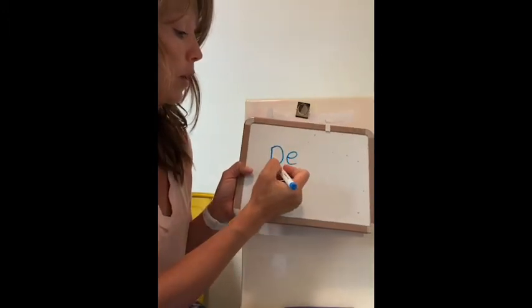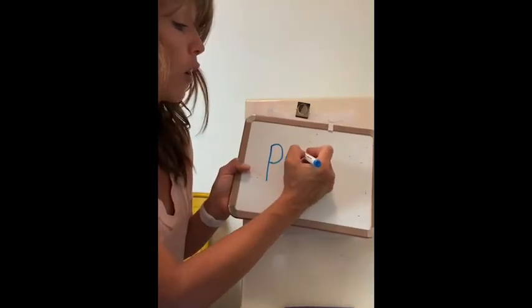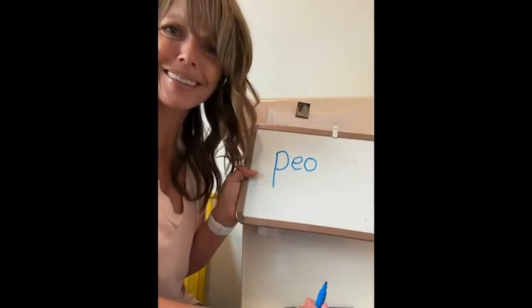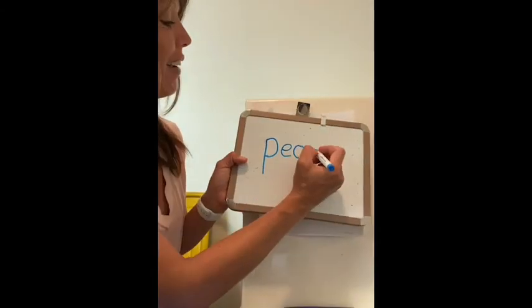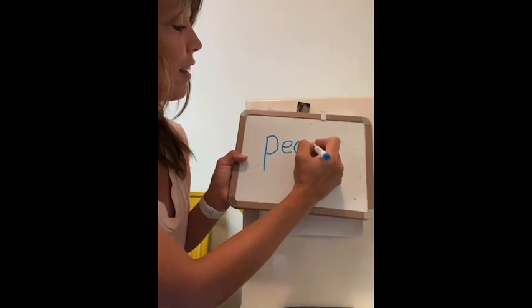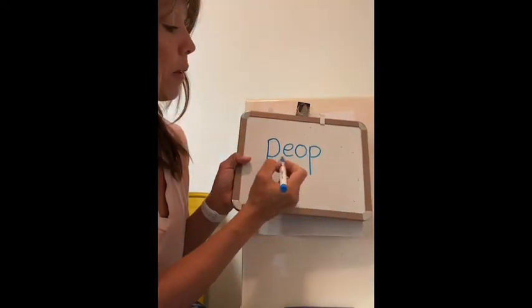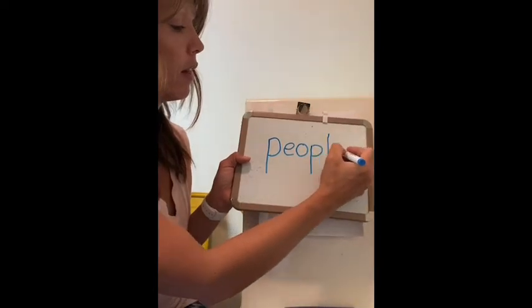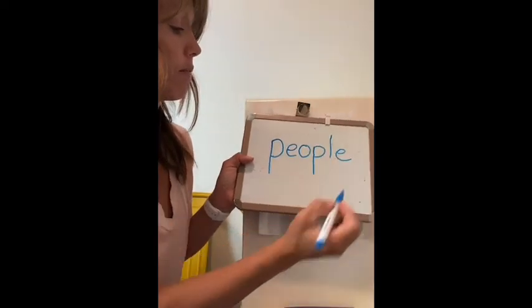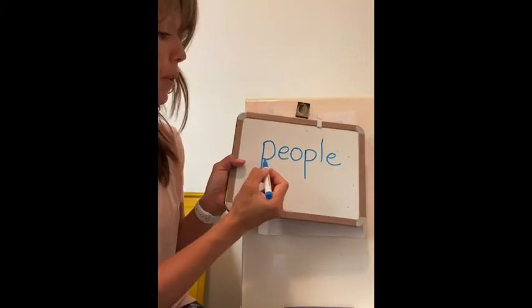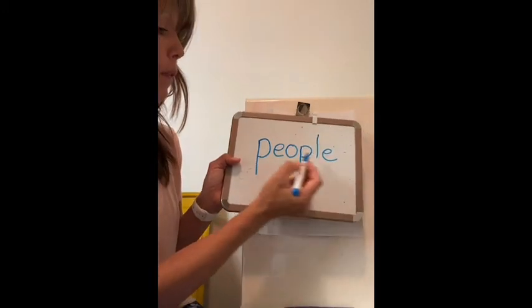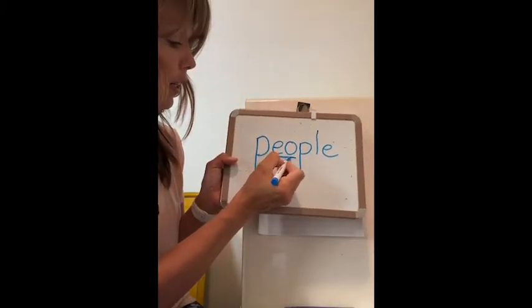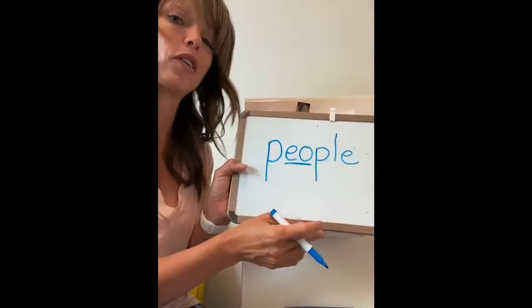P-E, of course, because we hear the P-E, and then there's an O. What? Who did this? Okay, and then there's another P. That's the P-E-P. People. This is a first grade skill that you will be learning, but I'll just give you a quick hint